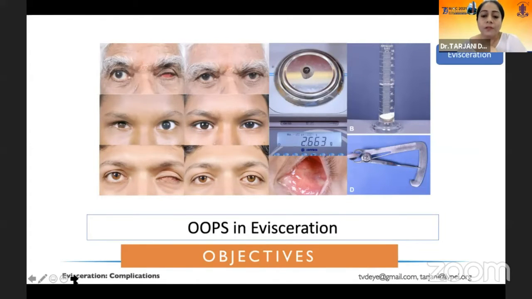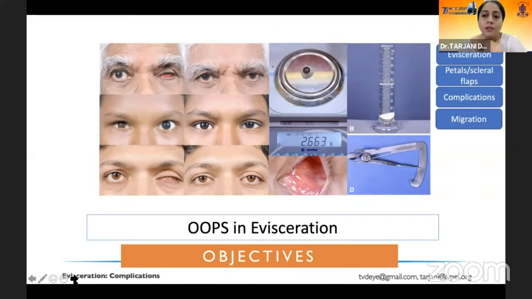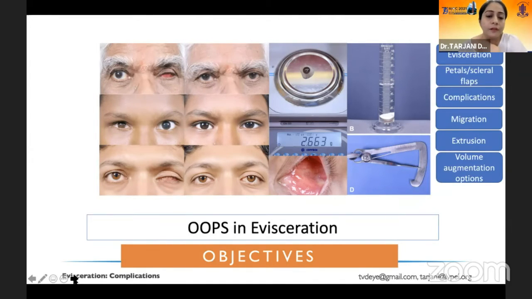Regarding the OOPS in our surgery, I'm going to talk to you a little bit about evisceration: the petal or scleral flap techniques, and the complications that are routinely seen, especially with a focus on implant migration and extrusion. Also a little bit on how we augment volume when we feel that the orbit is not optimally augmented.